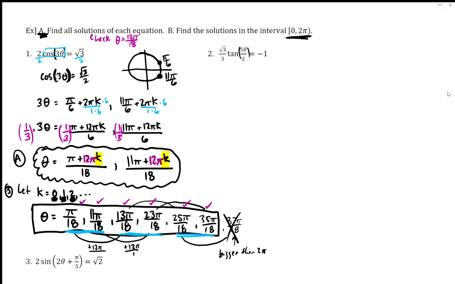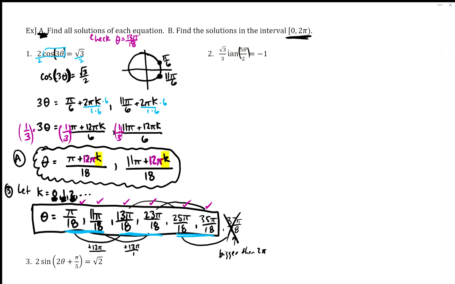Hi everyone, and welcome to our video on solving a trig equation that has a special angle. This time around we do have a tangent equation, and we see the special angle is 5 theta over 2. Again, a non-special angle is just like theta or just x. Okay, so this one's special, but the way that we want to do it is we want to isolate the